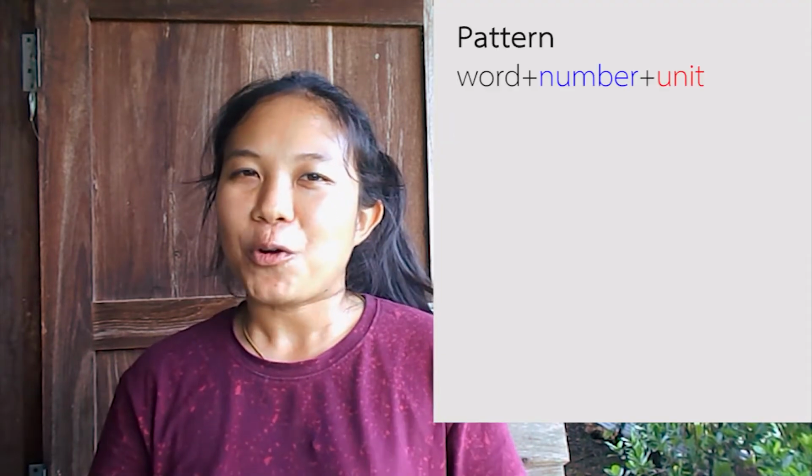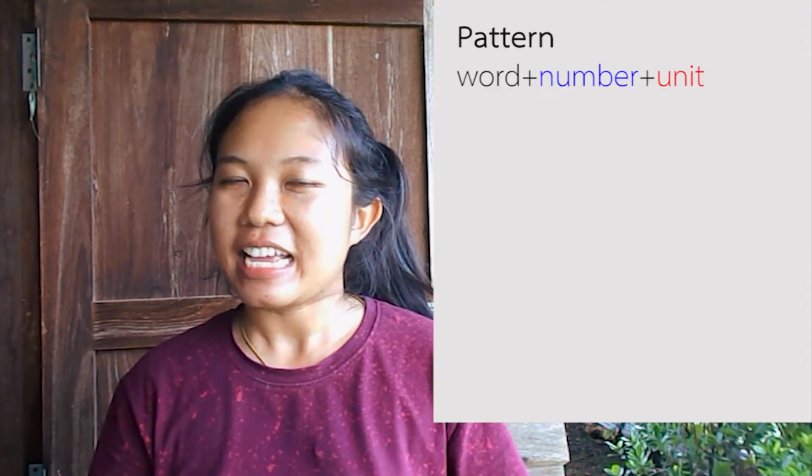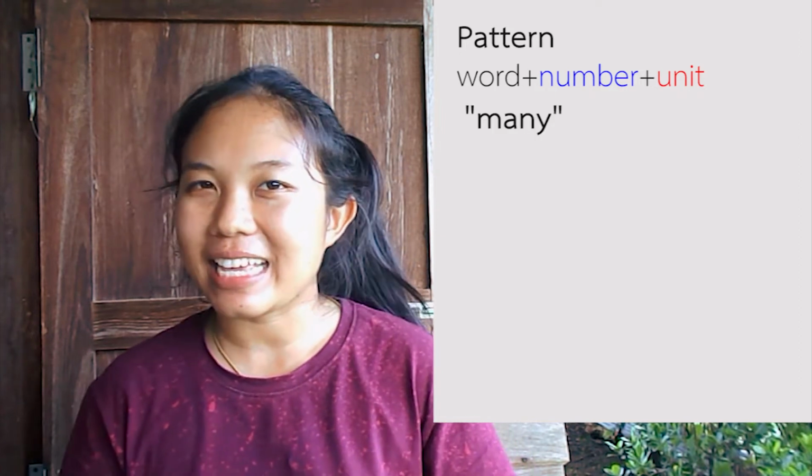But what if you don't want to specify the numbers of something or people or animals that you are talking about? You don't want to mention how many that you have. You just want to mention that there are many things, many people, many animals. What will you say in Thai? In Thai, we have the word for many. The word for many is หลาย